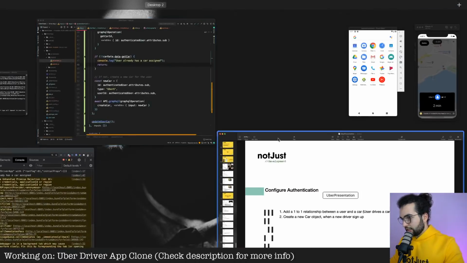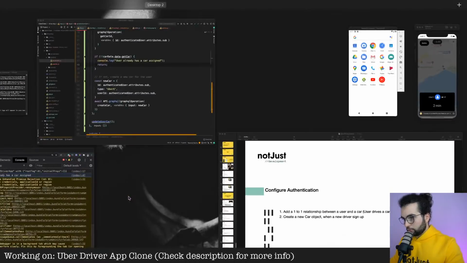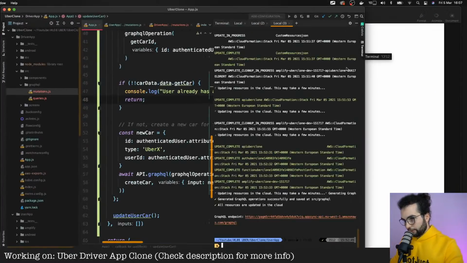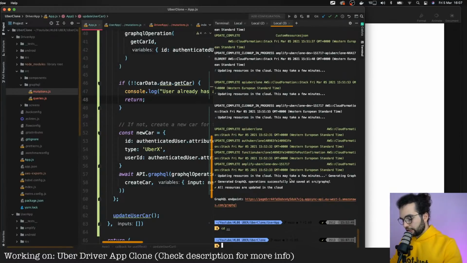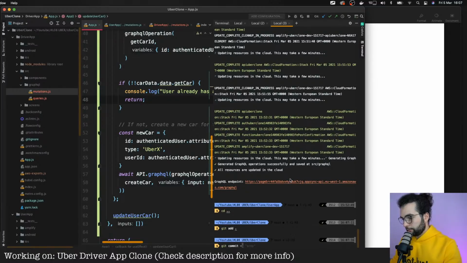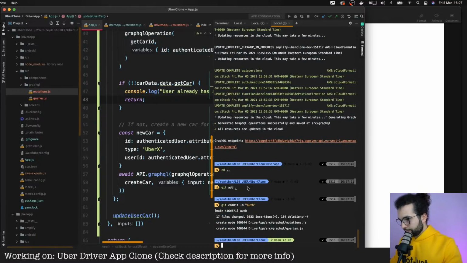Okay, I think it's a good idea to commit everything. I'm going to go into the root directory and do git add, git commit. Okay, the first step is done.